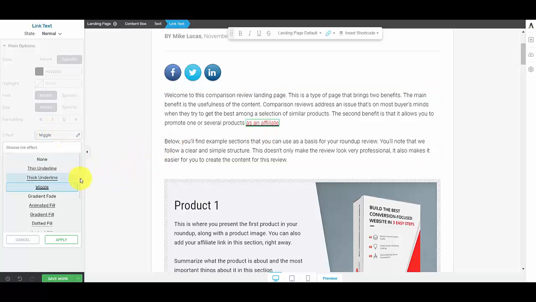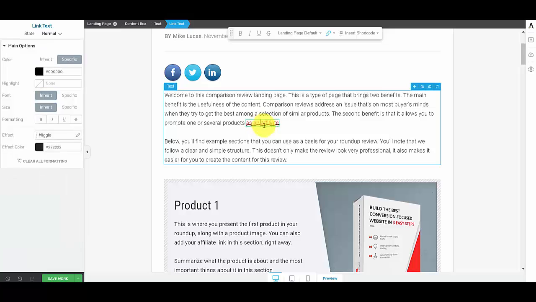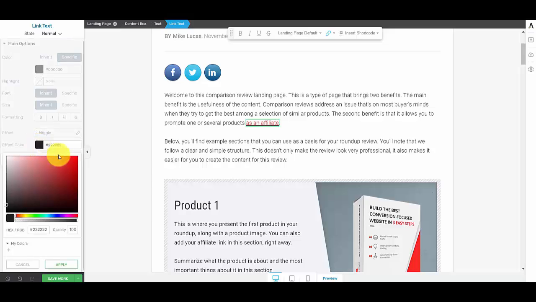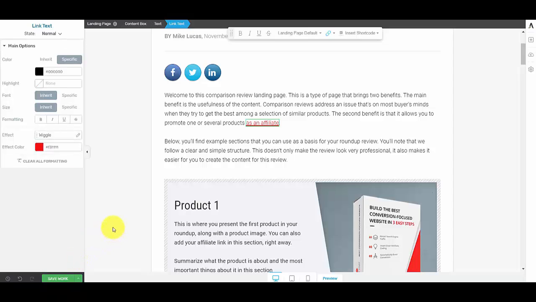So you can come back up here, let me click on it, that's it, make it live. You can see here, effect colour. So I'm going to make that red to match the link. Okay, and we're going to come down here and apply. Don't forget to apply it, and while I'm down here I'm also going to save my work. Okay, so that's all saved, and if we come over here, see the wiggly line,